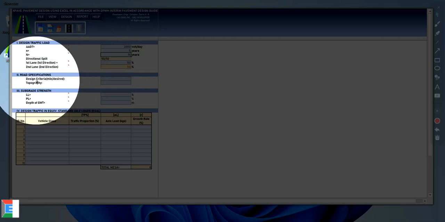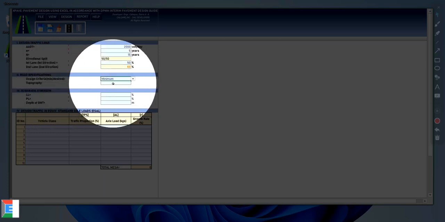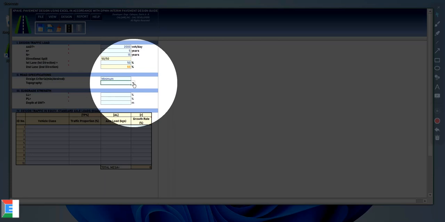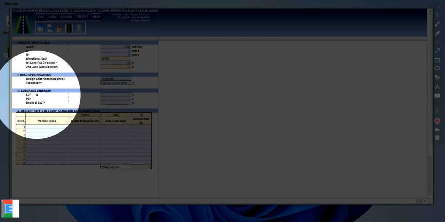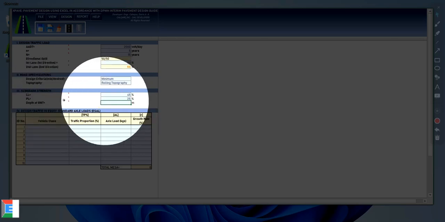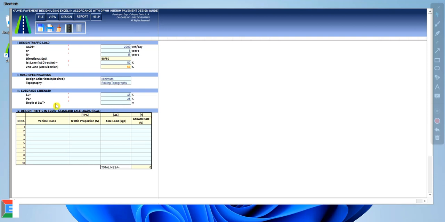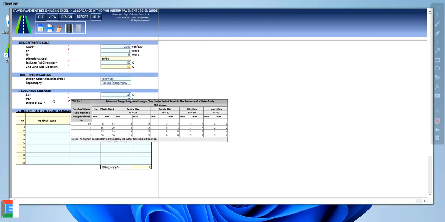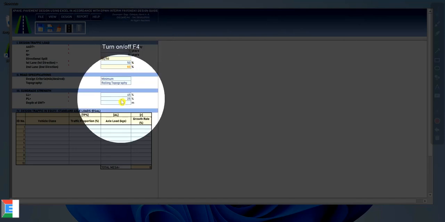So for road specification, let's choose a minimum. And then for topography, in the problem, that is a rolling topography. Okay, so after that, we go to the subgrade strength. We have this liquid limit. Liquid limit is 45 and 25 for the plastic limit. And for the depth, we have this table, and you can also use this one. And we have here